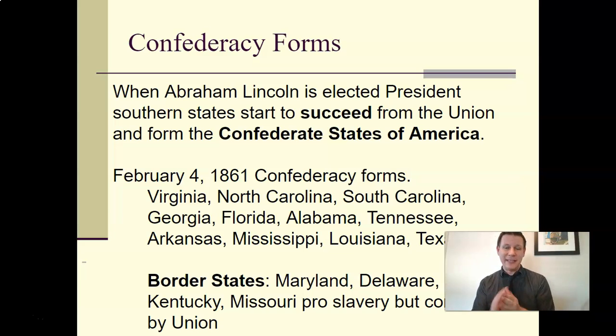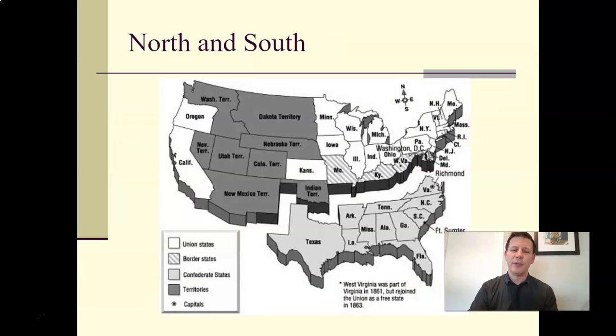So this has been hinted at in years prior, the South threatening to leave, but here they finally do it. South Carolina is the first, and soon after, many other states will leave, forming what's called the Confederate States of America. What's interesting is you also have a lot of states in the middle between the North and the South, and these become what are called border states. We often forget these, but these are pro-slavery states that are part of the North, and that's why they're called border states. They're on the border between North and South.